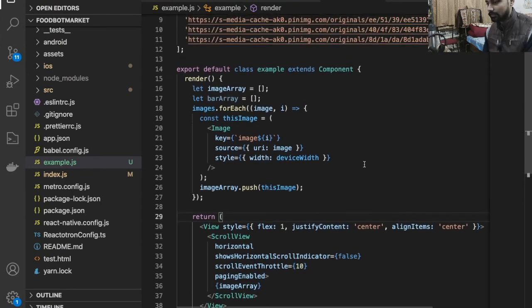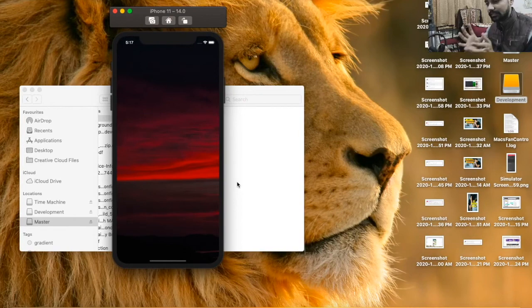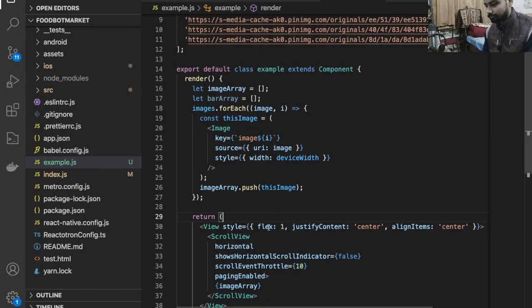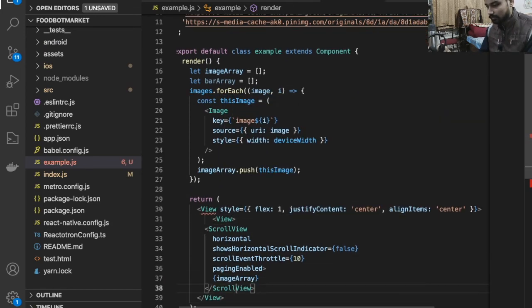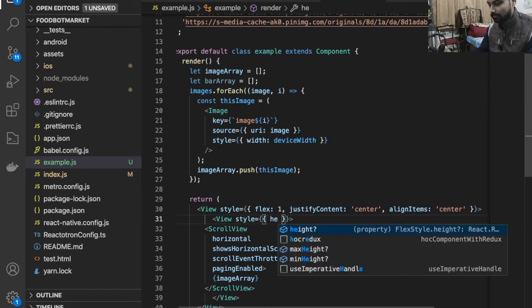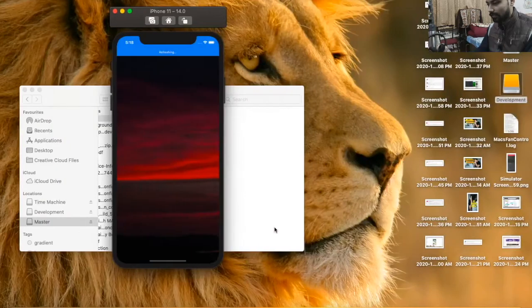Perfect. And if you don't want to provide this full height and width, then for that requirement you can create a view like this here. Close this view, add a style, and you can pass a height, let's say 400, that's it.